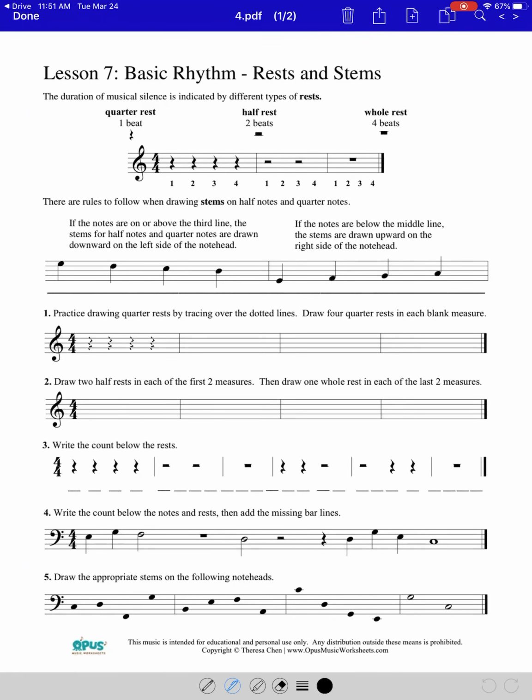Hello, scholars. So, at this point in your lessons and in the packets, you've completed a couple of examples that teach you about basic rhythm, teach you about the basic notes. We know about quarter notes and half notes and whole notes and how many beats those get. This time, we're going to be looking at the opposites of those. So, instead of notes,